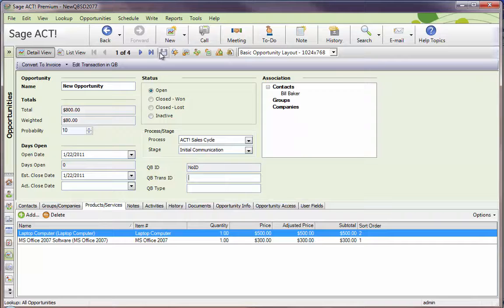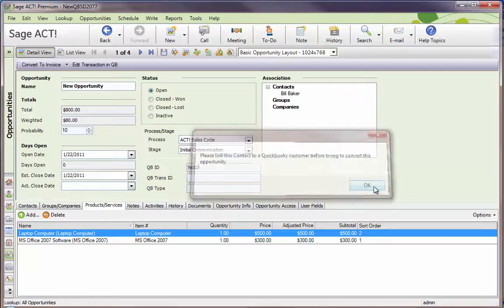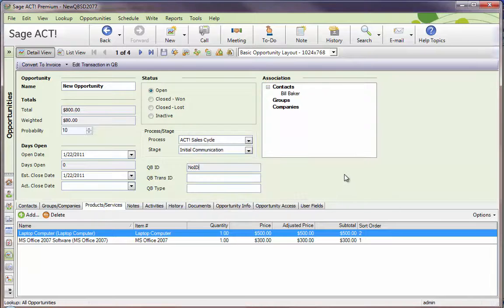Okay. The only problem is, notice the opportunity does not have an ID number, right? So if we tried to convert this to an invoice, it would say that it's not linked. Okay. So for your prospects that become customers, or what we call your first-time customers, you're going to need to